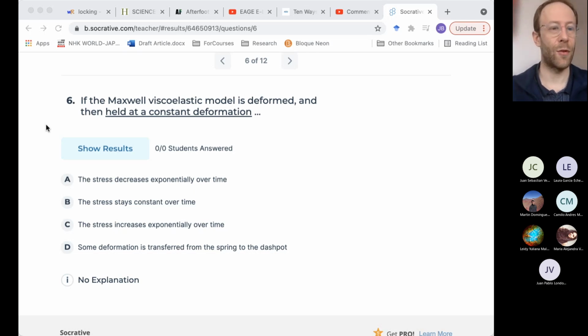Well, that's a good way to do it. You have to imagine that if A is true, which is correct, the explanation for A is basically